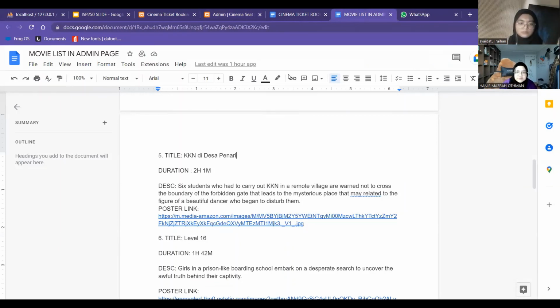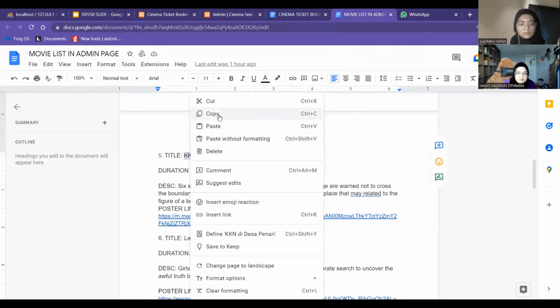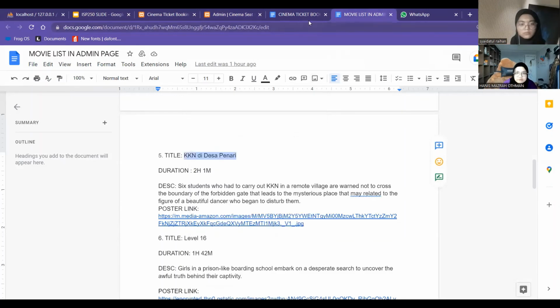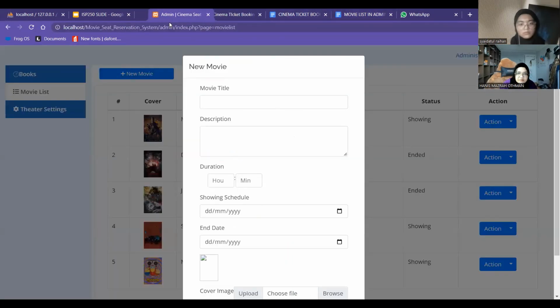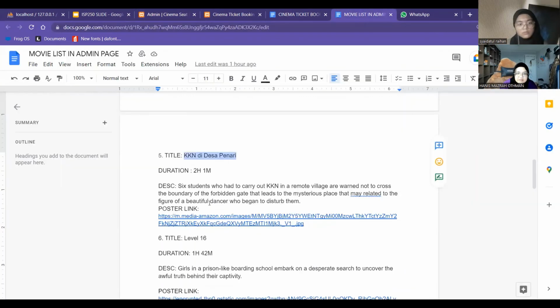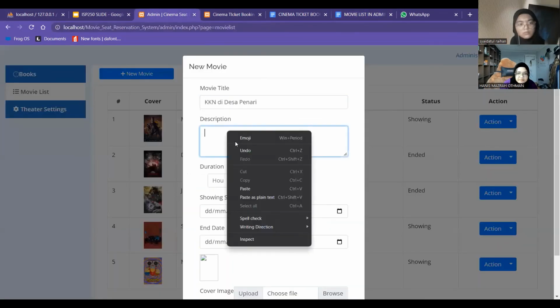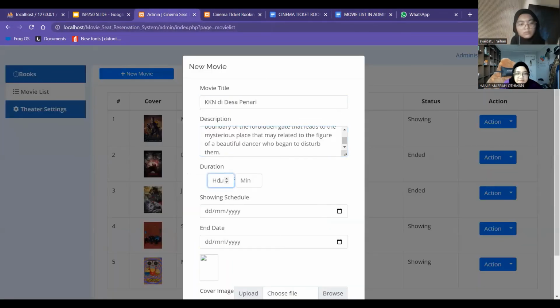If the admin wants to add a new movie, for example, the admin needs to change the title, and then the description, and the hour, the date.